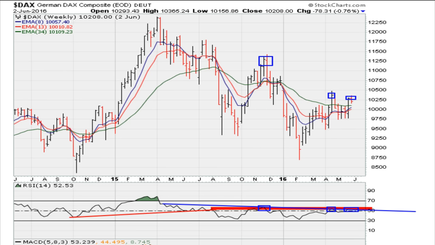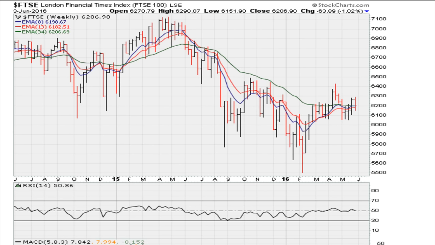Take a look here at the FTSE, so the London market, and on the weekly we can see similar type resistance, and it's a simple line. You take the break here. That break was instrumental in bringing the market lower off the highs of 2015. We draw a simple line from there, and you can see that this has been a problem, resistance here for the highs recently, and again coming back over the last 2 weeks, hitting that level and showing resistance. So clearly, until we can get enough momentum to move above that line, this market is also suspect and prone